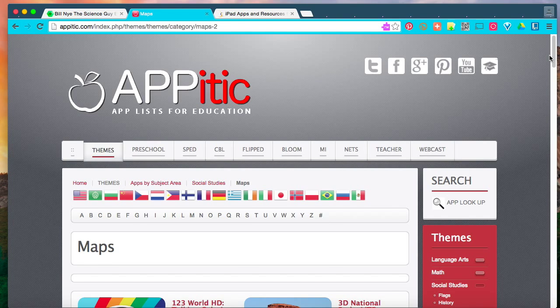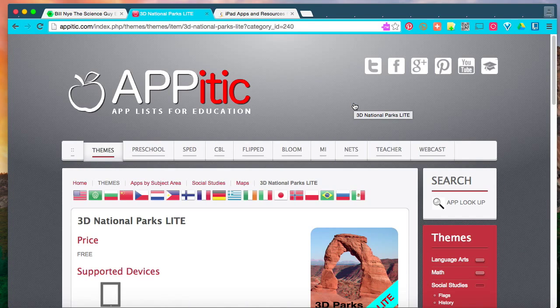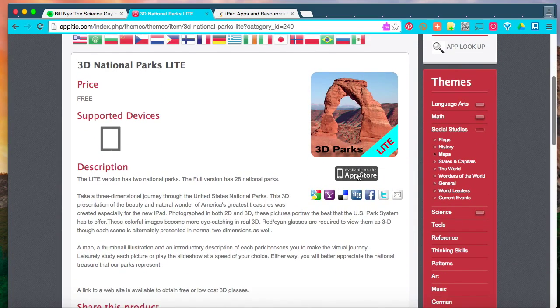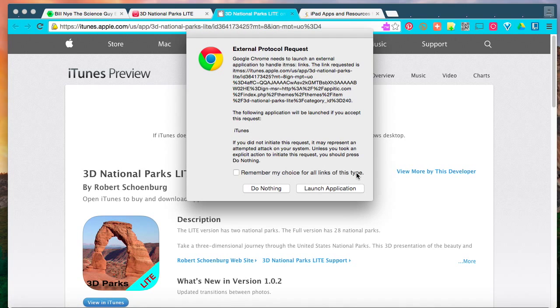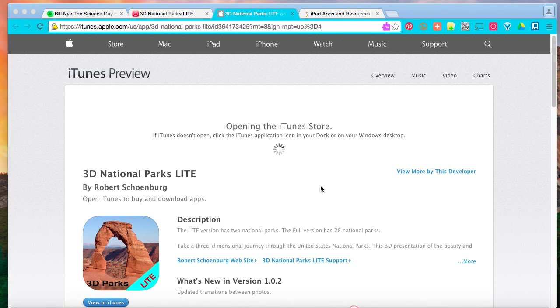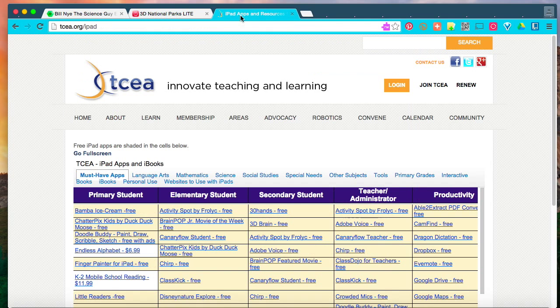Oh, and when you find them, so for example, if I want to look at this 3D National Parks Lite, I can click on that, and it will tell me some information about that. And then notice it does say available on the App Store, and again, that would take me, whether I'm on my computer or on my iPad, it would open up the iTunes Store. Okay? And then the last one I want to show you is